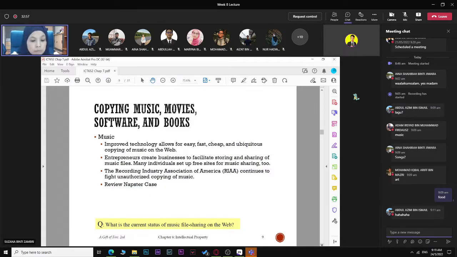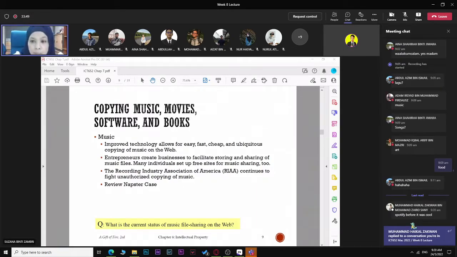Then music, like you said earlier, music is also under copyright. Alright, so the Napster case. Napster is an audio streaming service provider launched in 1999. It allowed peer-to-peer file sharing software service for digital audio file distribution. Napster was very famous when it started, but over time it faced many legal difficulties over copyright infringement. For example, if you have heard of the heavy metal band Metallica, Metallica discovered a demo of their song titled "I Disappear" being circulated on Napster